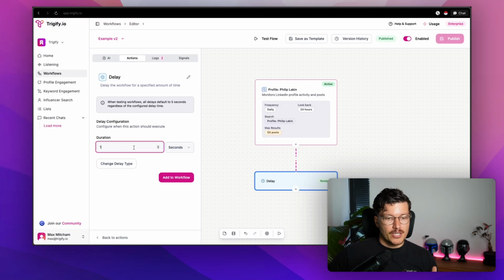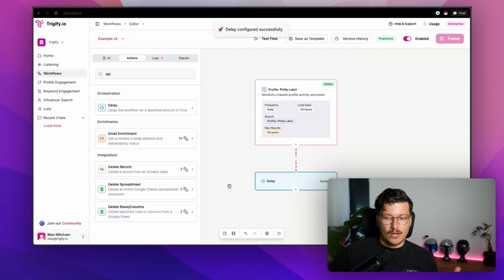So for example, if I change this to 1 and change it to 60 seconds, it's obviously going to wait 60 seconds, likewise for minutes, and likewise for hours. And if I hit add to workflow, that is now configured. So anytime, obviously once I publish this, anytime this then runs, it will then wait an hour before executing the